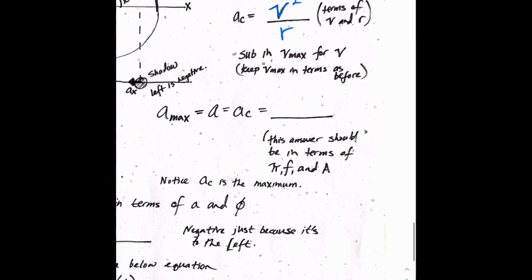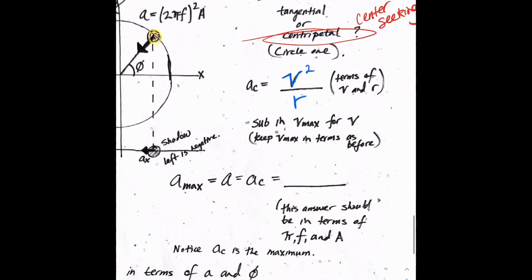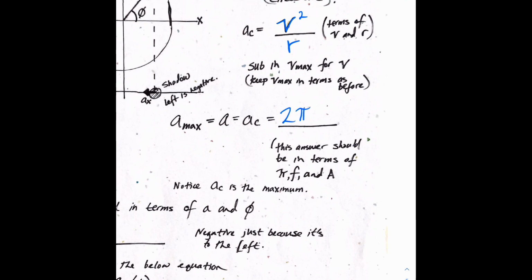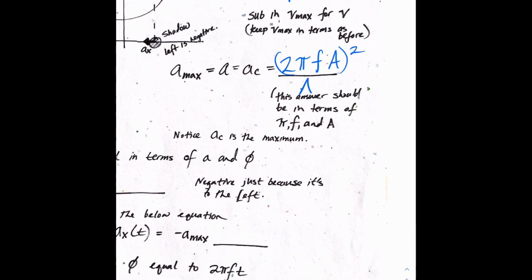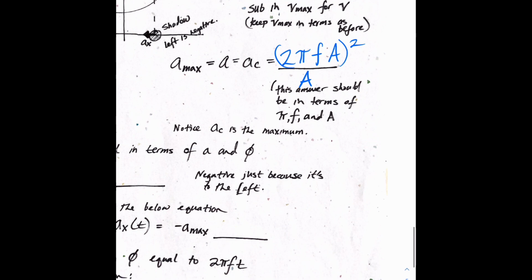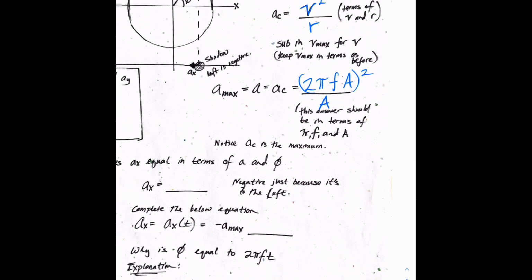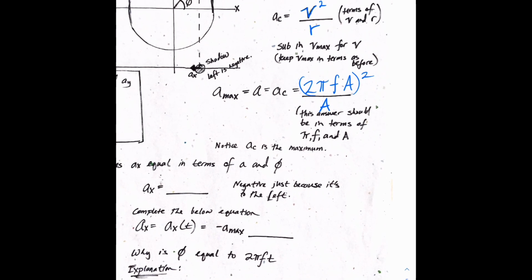So we are saying then that A sub c is equal to, what was v max? Was it 2 pi f A? Yeah, 2 pi f times the amplitude. Okay, so we're subbing in 2 pi f times the amplitude, and we are going to square that, right, because that's v, and then the amplitude is r, so we have that right there. We can see now if we divide away the amplitude, we have one of the amplitudes on the bottom with one of the amplitudes on top, I think we're going to end up getting something like this,